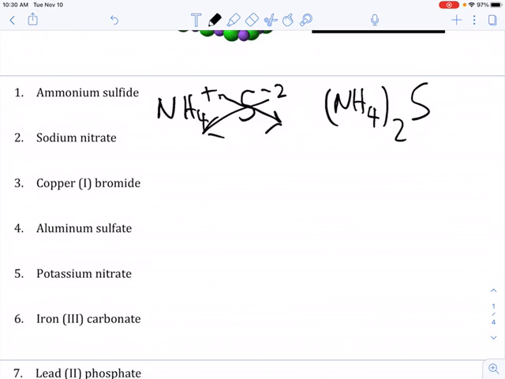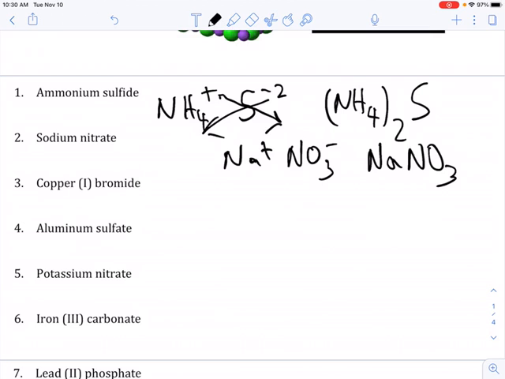Sodium nitrate, Na+ for sodium, NO3- for nitrate. These both have a charge of 1, so my compound is then sodium nitrate, NaNO3. When I crisscross, I get 1s for both the subscripts, so NaNO3. Notice there's no parentheses on this nitrate because there's only one of them, unlike the ammonium in the previous